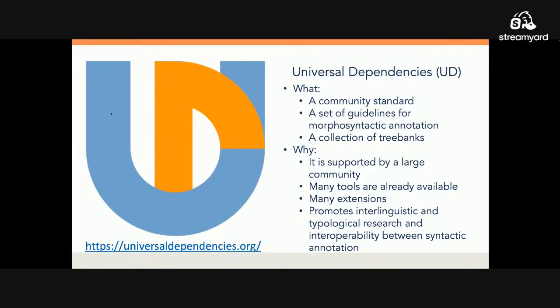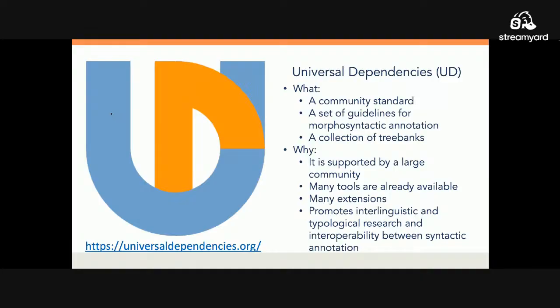What is Universal Dependencies? We can say that it's three things. I shared with you in the bibliography of this class a link to an article that says that Universal Dependencies is basically three things. It's a community, so a community of people that developed a community standard, so a set of guidelines for morphosyntactic annotation, so a series of rules on how to annotate and produce treebanks. And it's also a big collection of treebanks for more than 100 languages, ancient and modern, with different varieties, and more than 200 treebanks at this moment.